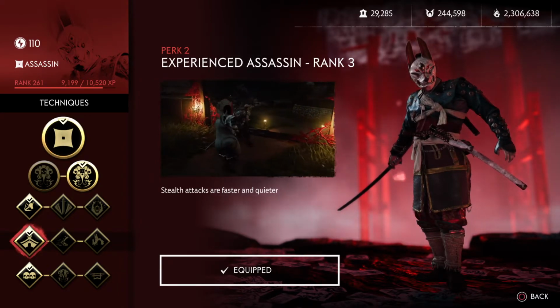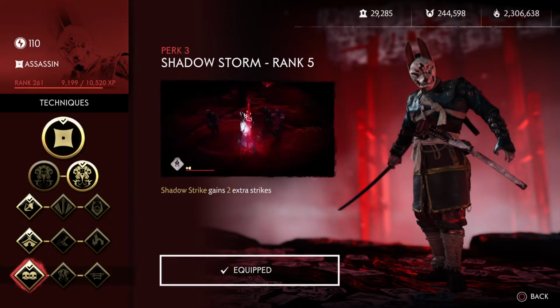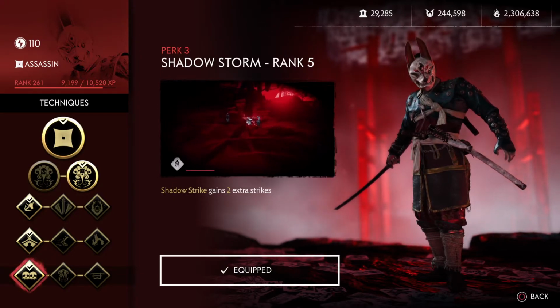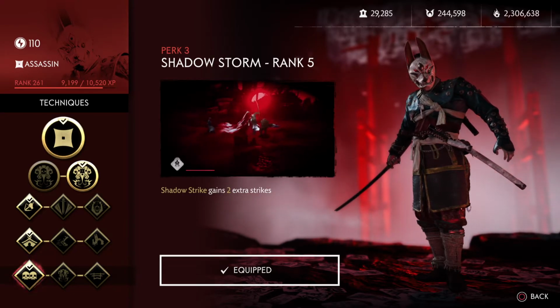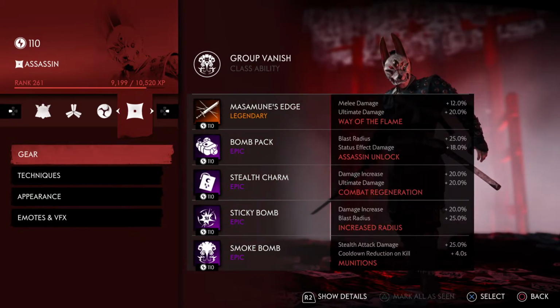You don't want your assassinations to take two, three times as long. And then obviously the 5-hit ultimate is a must for me, because my whole build is predicated on ultimate damage. So with that said, going back to the